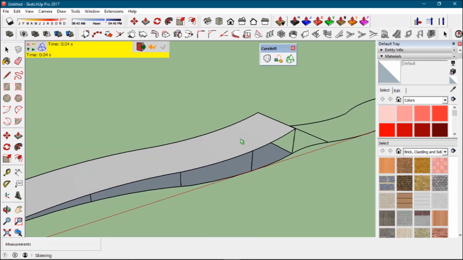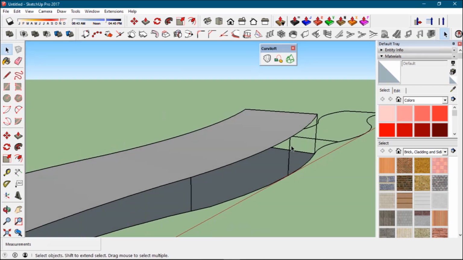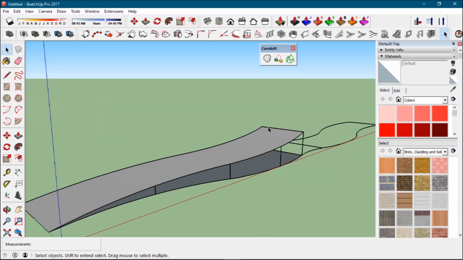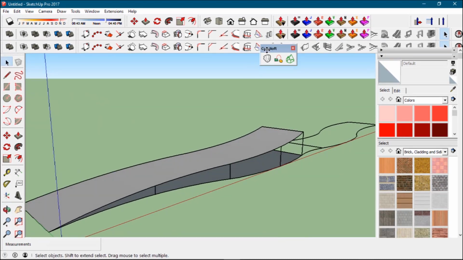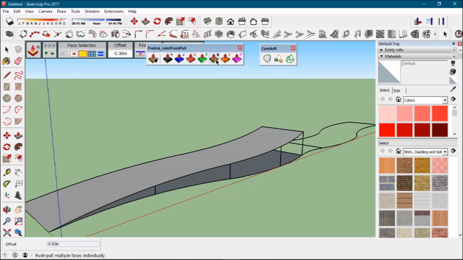Okay, right? Now we need the thickness of this surface, right? For doing that we will use another plugin. The name of that plugin is Joint Push Pull. We will use the normal Joint Push Pull.